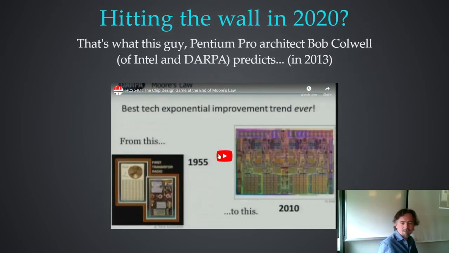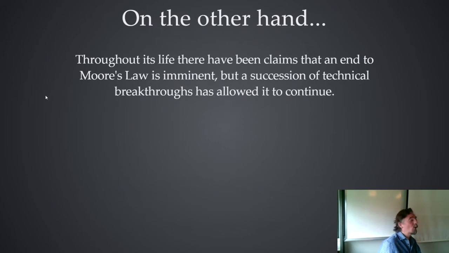This is an old talk that you can maybe watch on your own if you care. I'm not strongly recommending it, but if you're an enthusiast, you might want to watch it. The funny thing is, it was by a senior chip architect, the guy who came up with the Pentium Pro, and he was talking in 2013 and anticipating that by 2020 we might have run out of road. We might have reached the limits of what Moore's Law can achieve, but we haven't quite. A lot of people did think that we're entering the end zone for Moore's Law now. But they always have done.